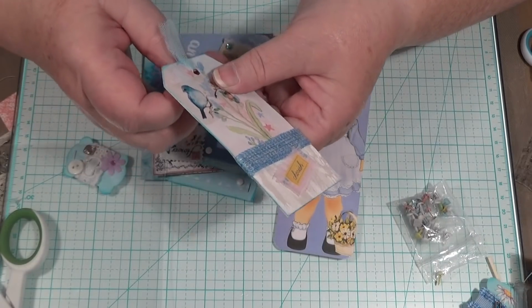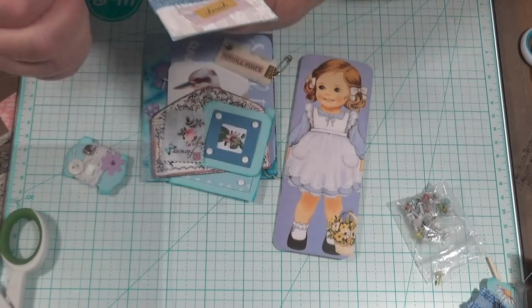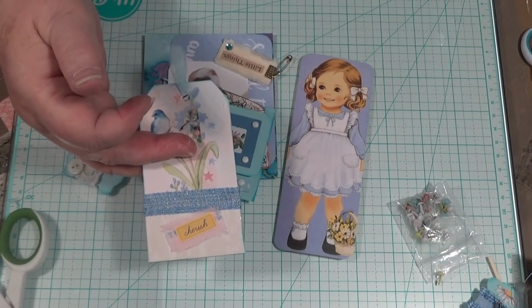Is that going to go through the hole? It did too. Oh, well, that one won't work, will it, that idea? I'll find a flower and put on there. Anyway, so if you want to...